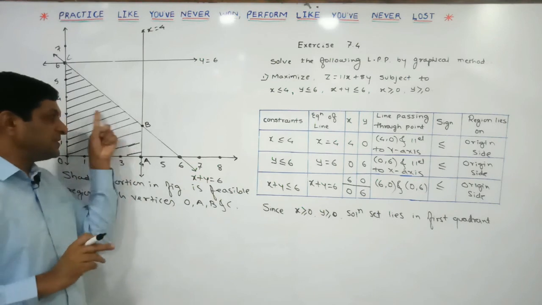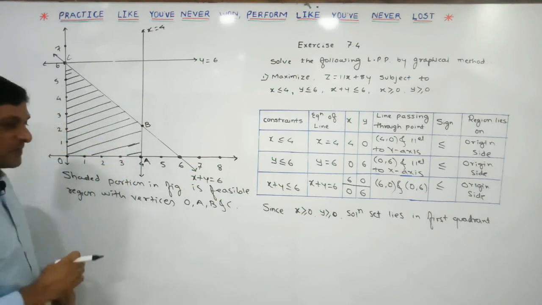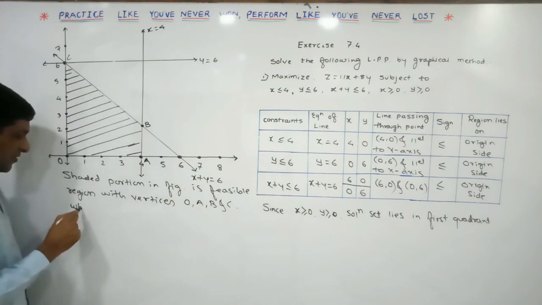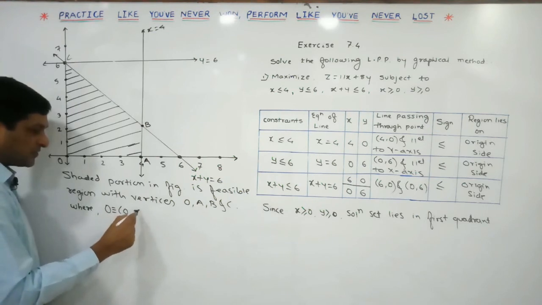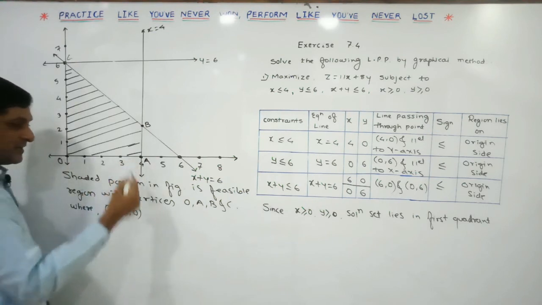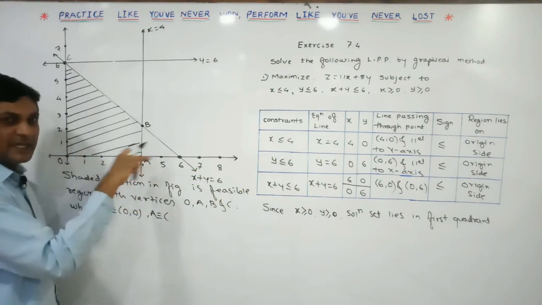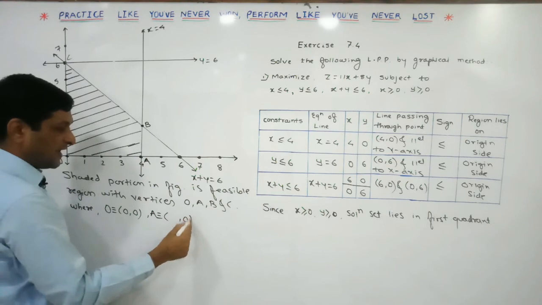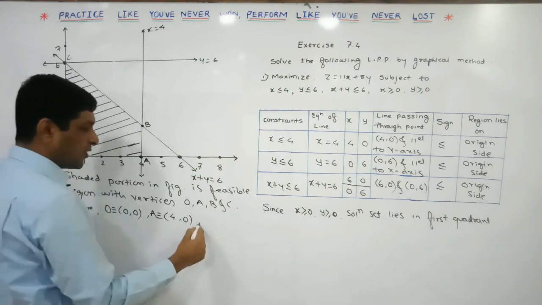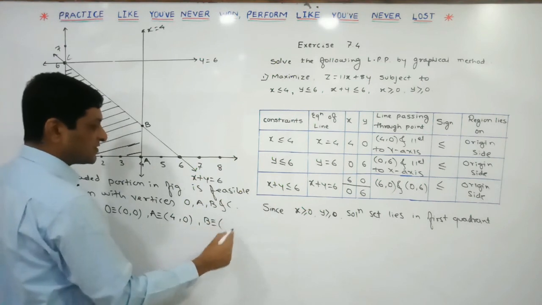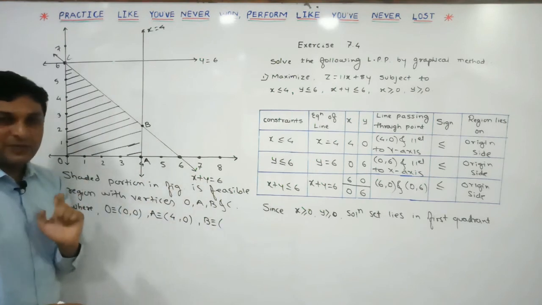Now once this feasible region is known to us, the next aim is to find the coordinates of the vertices. Easily we can observe that the coordinate of the origin, the first vertex O, is (0, 0). Now find the coordinate of vertex A. A is a point that lies on the x axis, so its y coordinate is 0, and its x coordinate is 4. Now find the coordinate of point B. B is the point of intersection of which two lines? x is equal to 4 and x plus y is equal to 6.